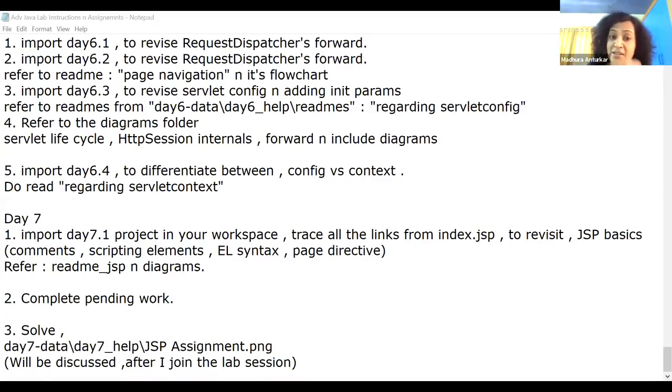Wrong. Page context is the current page environment. Page context is a totally wrong answer. Page context is one object per page. I'm talking about one web application. You tell me. Wrong. Come on, Srinivas. I said the entire web application. Go through the list of JSP implicit objects. Wrong, Krutika. I'm not talking about EL. I'm talking about a scriptlet here.